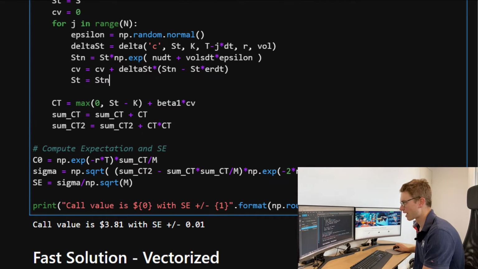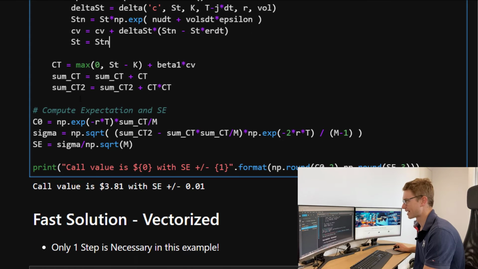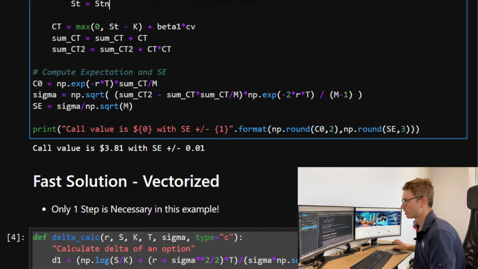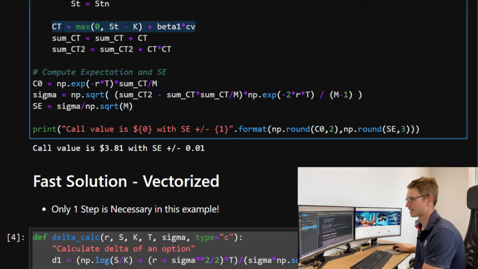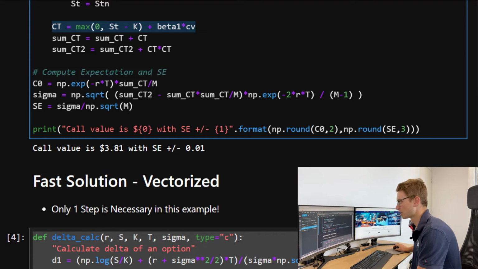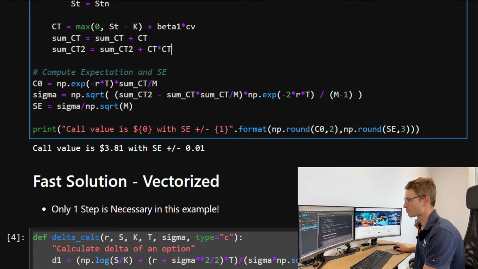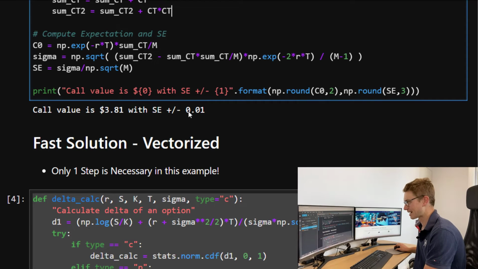Now, at the end of every simulation, what we do is we calculate what was the actual payoff. Essentially we have the max of the payoff and 0, plus now this beta term and CV. And what's this doing? This is just helping reduce the overall variance of this CT term. It's not altering the payoff, so that's important to remember. So we take the sums of the CT and the CT squared, and we're doing that so we can calculate the sigma. Now we compute the expectation, and what you can see is that we have $3.81 with a standard error of